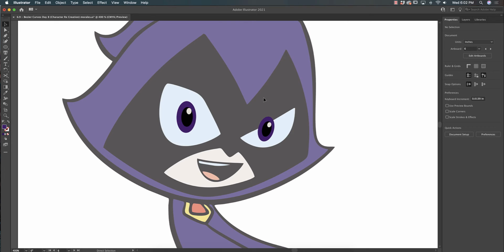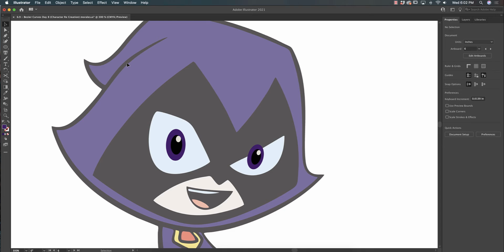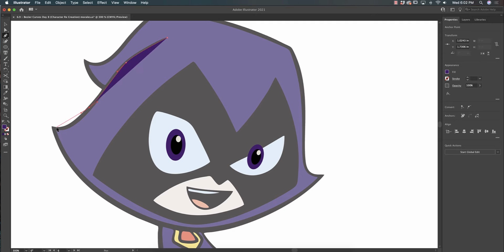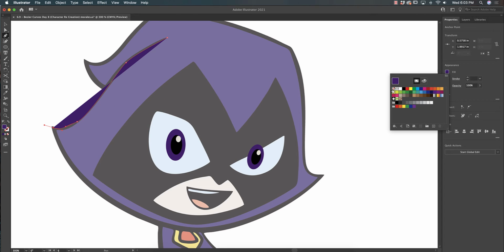Okay, the rest of Raven is heavy on the pen tool. These extra little lines you see on her hood right here where my mouse is, I would make with just the pen tool, a stroke with no fill. For example, I'm going to do this line right here and I'll tell you what it looks like. All right, I'm going to just draw this up to about here. I'm going to remove the fill and just put a black stroke